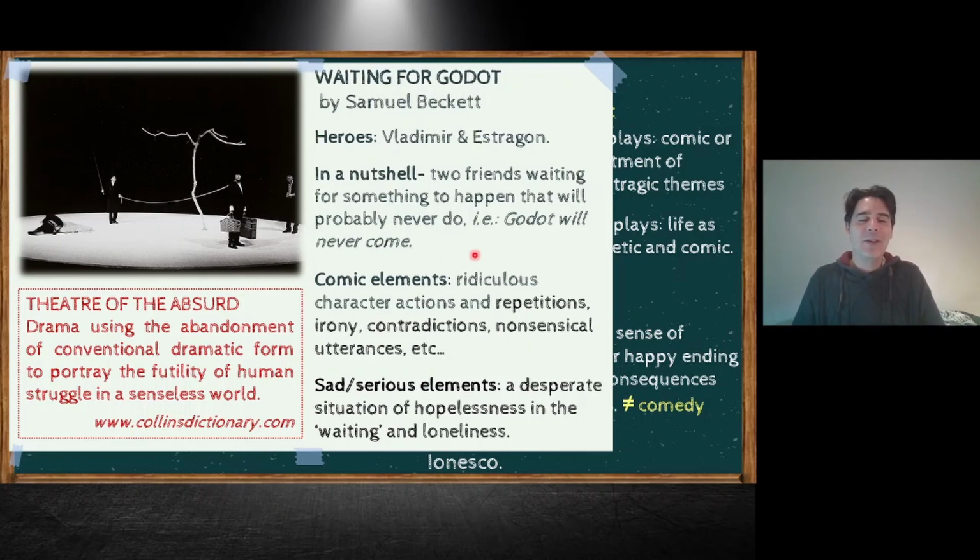So we start feeling that sense of abandonment, of how ridiculous life can be, and probably on a deeper level, Beckett was trying to reflect back at us that sometimes we wait for things that will never happen, or we're waiting for something to happen in order to make something else happen. And that sometimes may not be so. So okay,